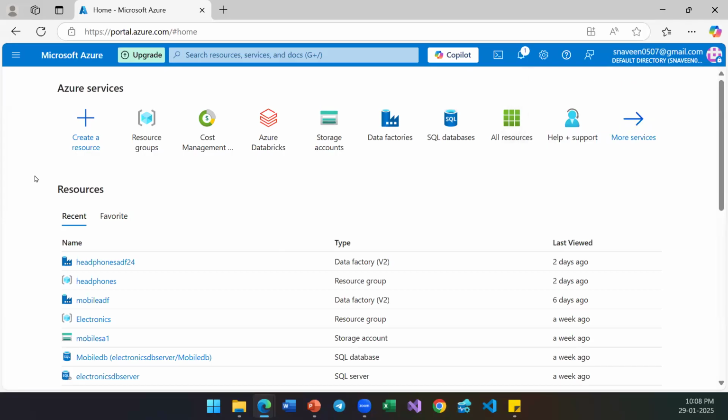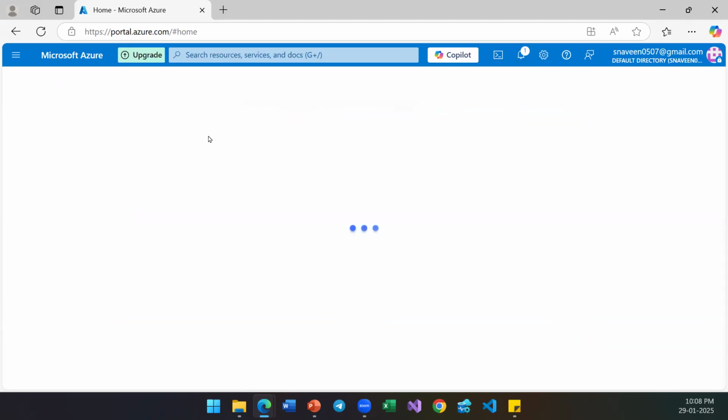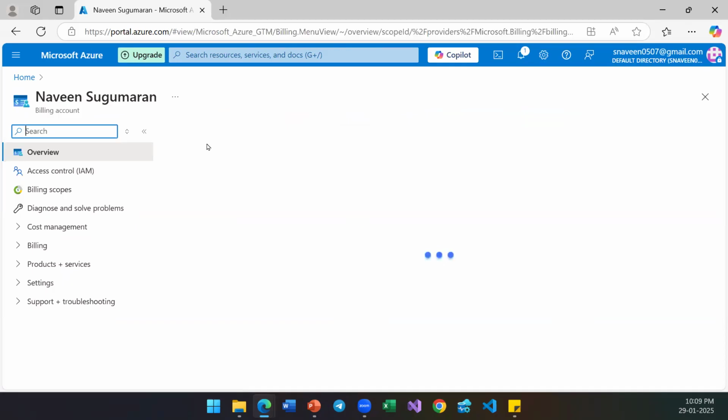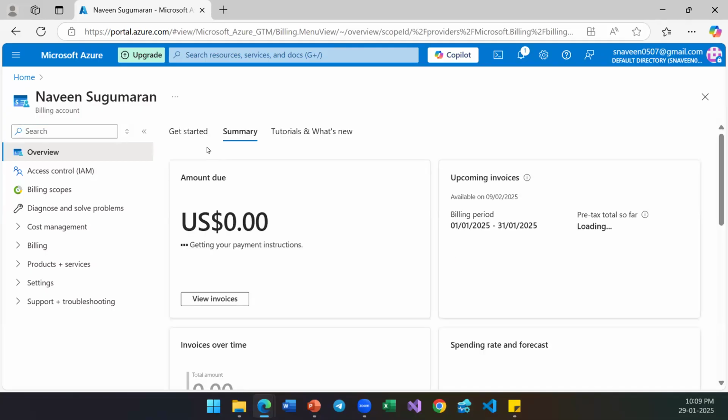Right. So of course, the account was created by Naveen, I believe 12 or 10 days back. It's a free trial account, in which I am also accessing along with him, basically. And this account has been created using US based details, not India based details. So that's why if I get into cost management, you would see everything in terms of dollars, not INR. Of course, it is loading. We'll just give a minute for this to load.